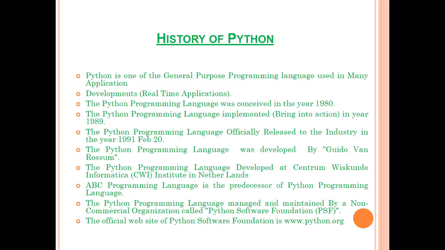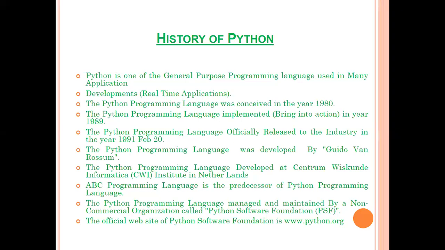It was developed by Guido van Rossum, who is the father of the Python programming language, at Centrum Wiskunde & Informatica in the Netherlands. That is the CWI Institute in the Netherlands. The ABC programming language was the predecessor of Python.